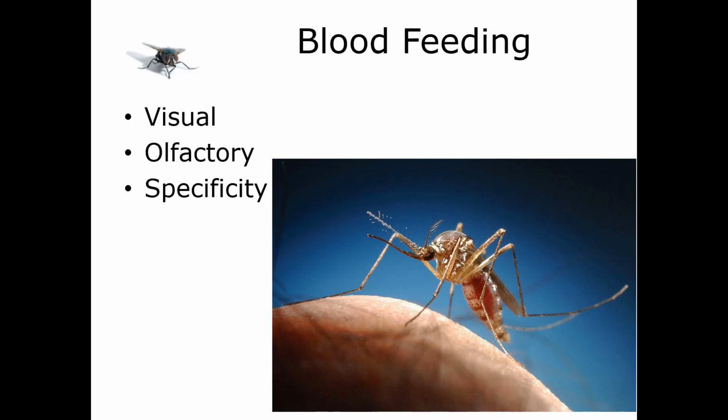Now, one of the ways that we can use mosquitoes in a forensic capacity, one of the ways that people are looking into this, is you can actually analyze the blood meal in the abdomen of the female. So here is a recently fed female. You can see that she's got blood in her abdomen. If we can get her early enough, before all of her digestive enzymes break down that blood meal, you can analyze what animal this came from.